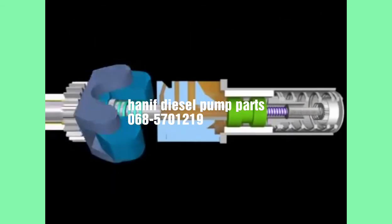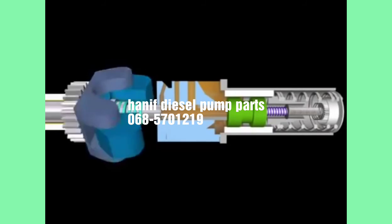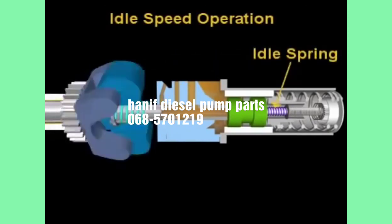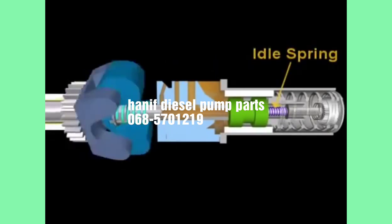The automotive governor controls idle governed speed and maximum speed by positioning the governor plunger cutoff shoulder over the appropriate fuel passage. Around idle speed, flyweight force is opposed